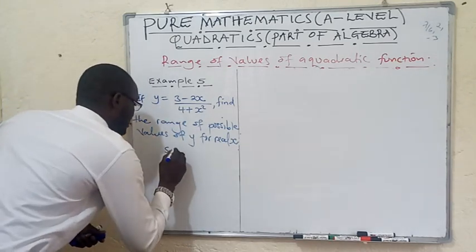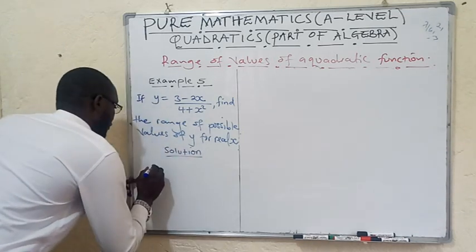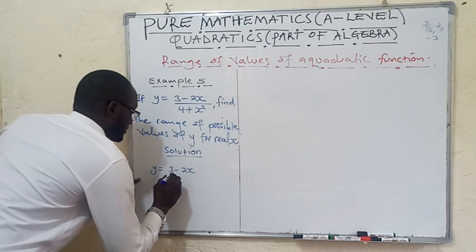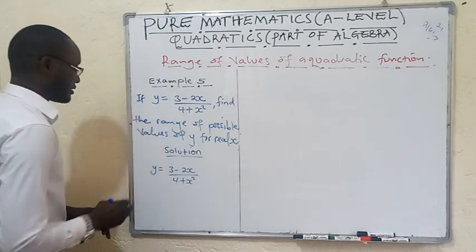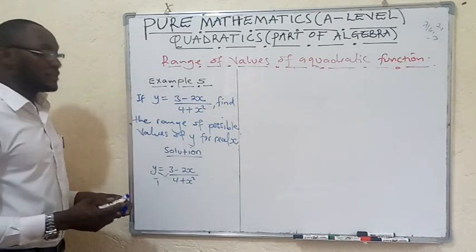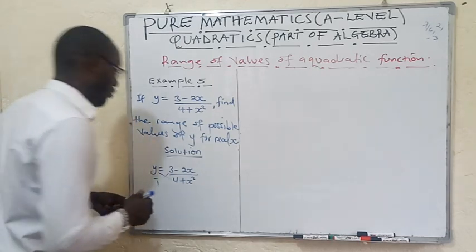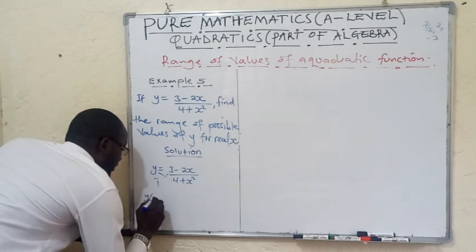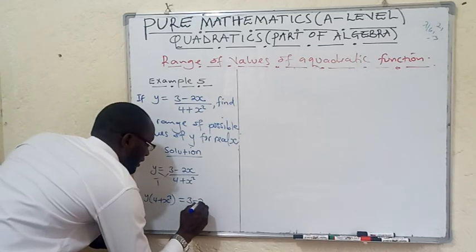We shall come and say, Mr. Examiner, sir, this is our solution. You have given us y is equal to 3 minus 2x all over a 4 plus x squared. So what we are going to do here, let us try to cross multiply such that we get a linear equation if possible without these quotients. So in this kind of arrangement, we shall now have y into 4 plus x squared, which is equivalent to 3 minus